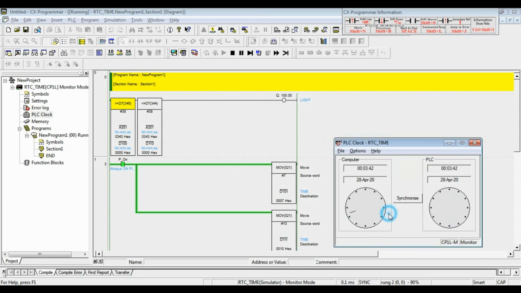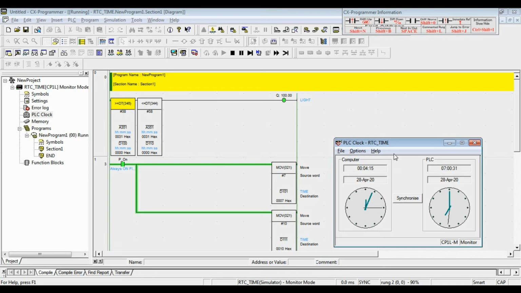I click OK. Now you can see the light has been on, because the time setting on this program is the same with the time on my computer.